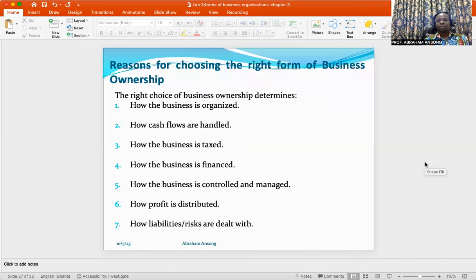Okay, how the business is taxed differently. When we take sole proprietorship and partnerships, the money of the business or the income of the business is also seen to be the income of the partners or the sole proprietor. That is not the case of a company. What it means is that in sole proprietorship and partnership, the only tax they may be paying is personal tax. Okay, but when we come to companies, companies are normally subjected to what is known as double taxation.